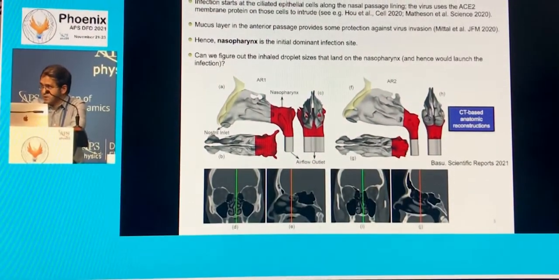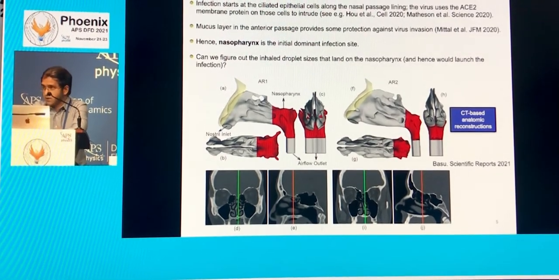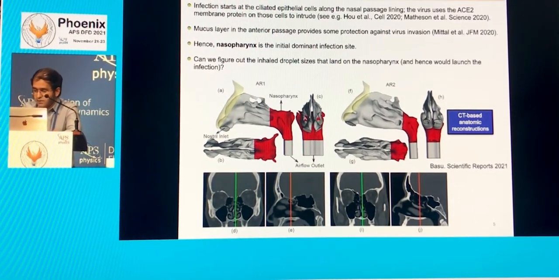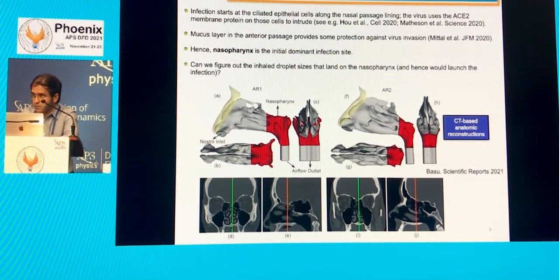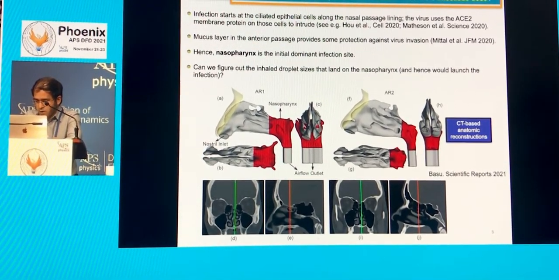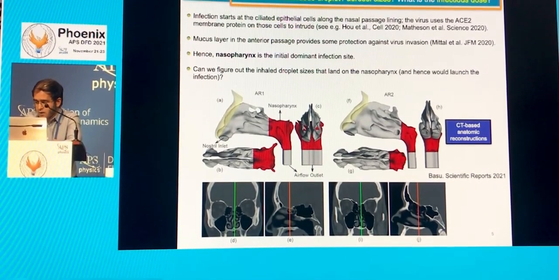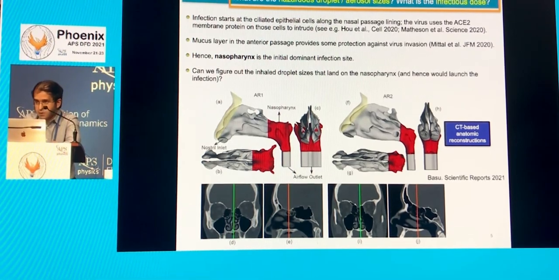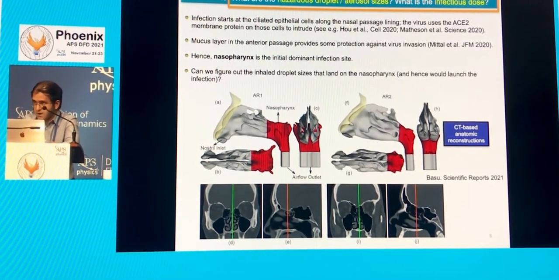The initial dominant infection site is the nasopharynx, which, if you look at these visuals, is marked in red. It is the region where the two sides of the airway converge and form the upper part of the pharynx. So going back to the first question, what are the hazardous droplet sizes? We can try to figure out the droplets that would land directly at this initial dominant infection site,